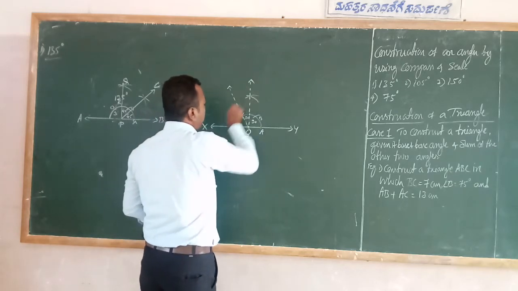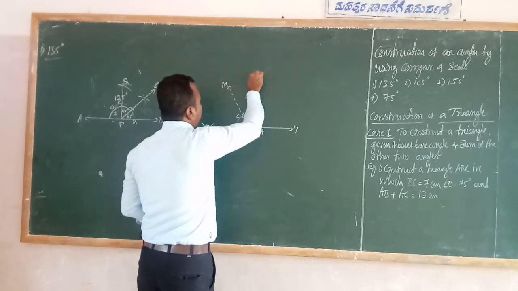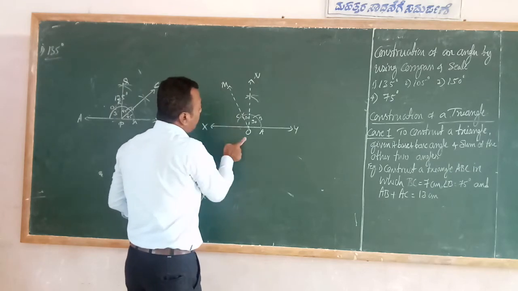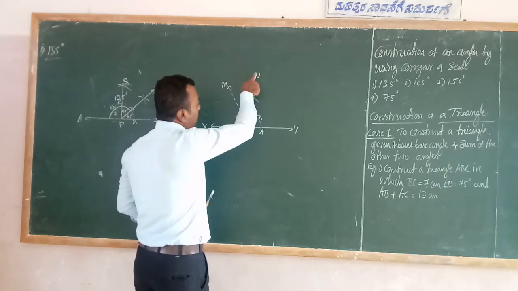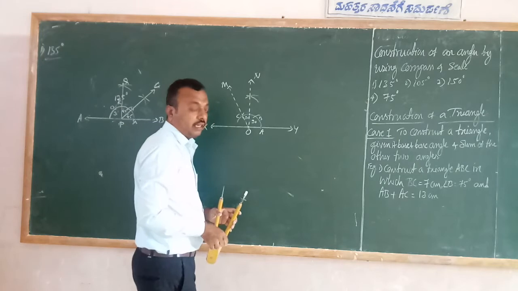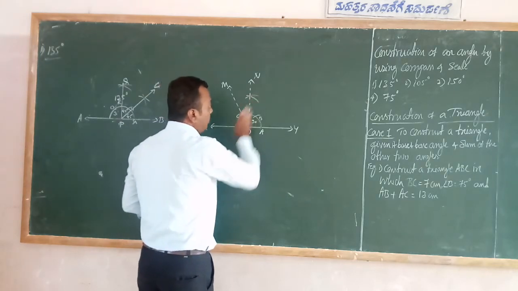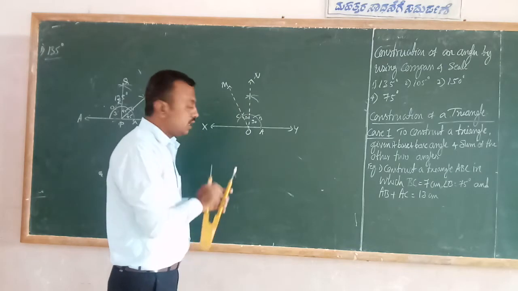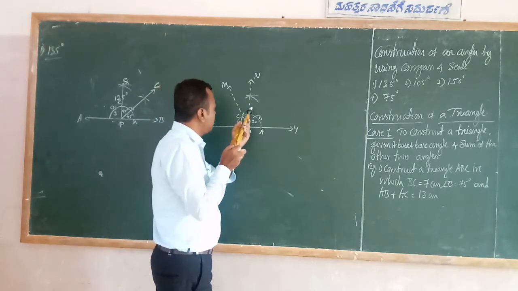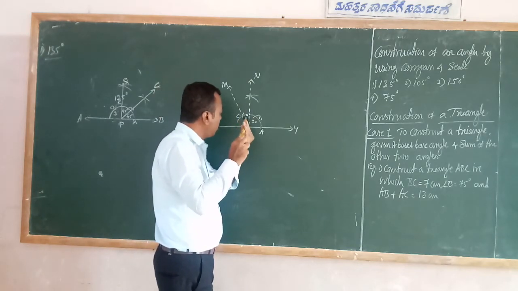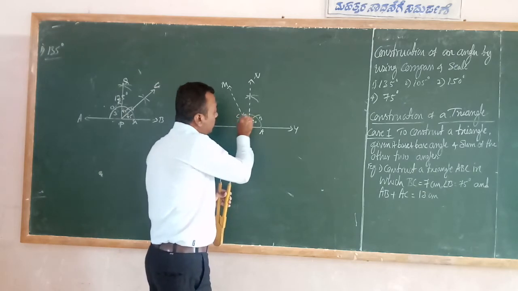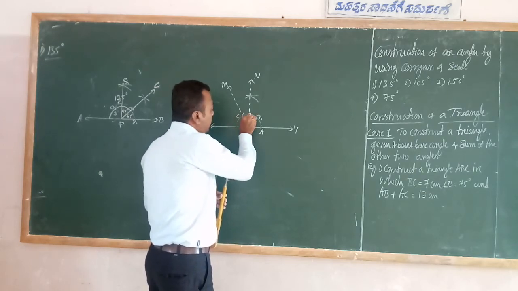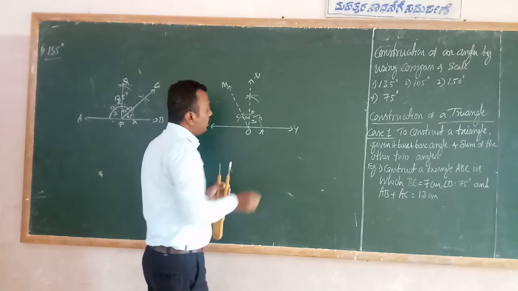This one I will give as M and N. So angle MON becomes 30 degree. Angle NOY is 90 degree. So the 90 degree we have to keep like that only. But angle MON is there now, and that angle you have to bisect. So how do you bisect? This arc was already cut; this point is C and this point is D.